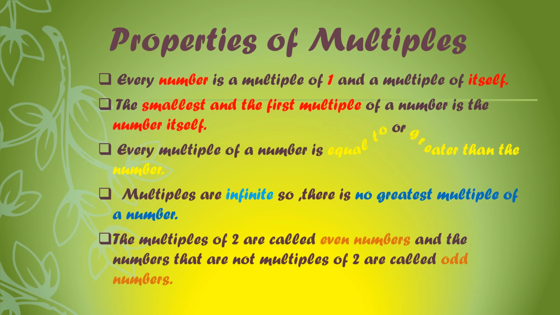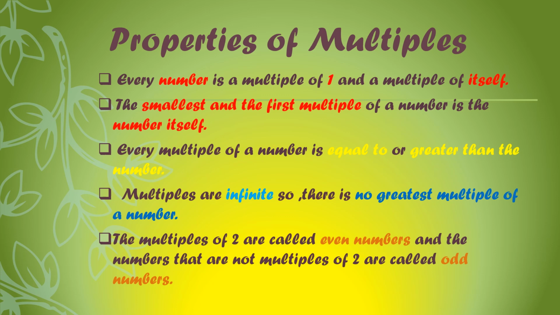Next property says every multiple of a number is equal to or greater than the number. In case of 7, children, 7 is equal to 7 and the rest of the multiples are greater than 7. Multiples are infinite, so there is no greatest multiple of a number. Now here, what does infinite mean? Infinite means uncountable. We cannot count because there is no end of multiples and hence there is no greatest multiple